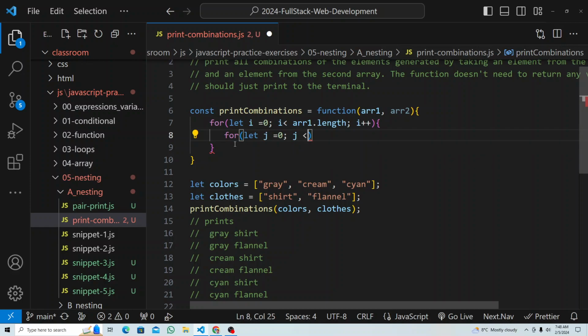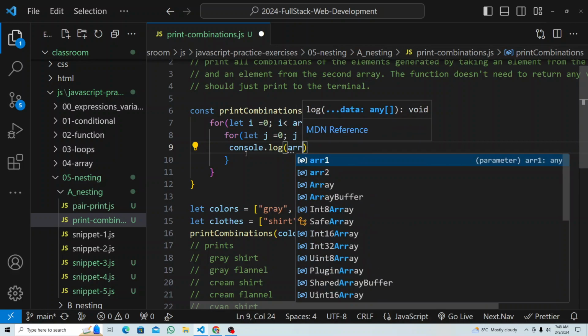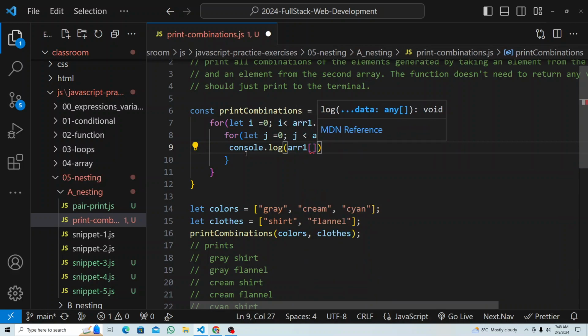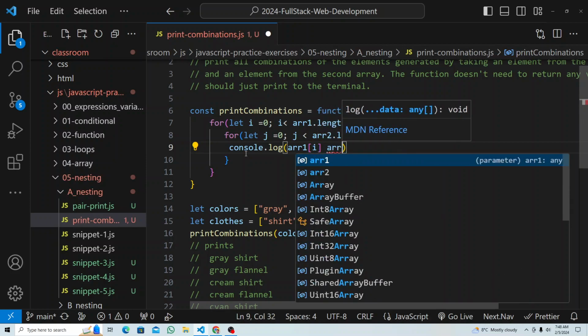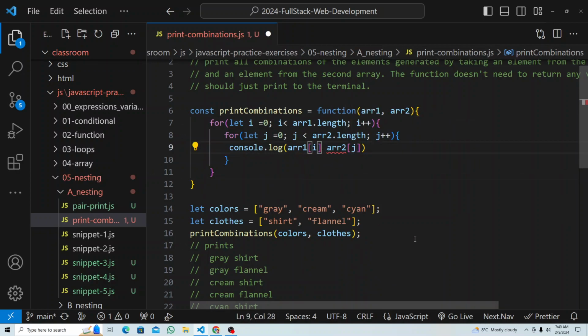j is less than array 2 dot length, j plus plus. Okay, so if I print one of this, this will give me the two, this one, right? So let's console log array 1 square bracket i, and then space, array 2 square bracket j. So it must be what happened here, right? Array 2,